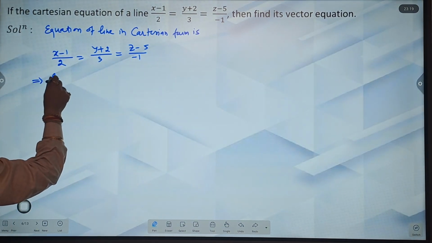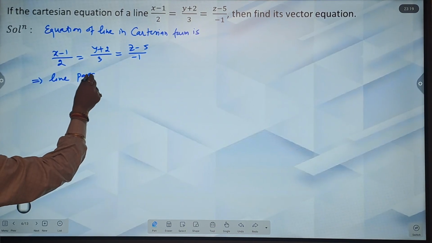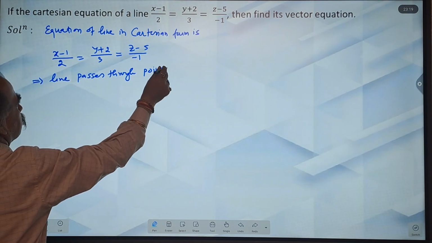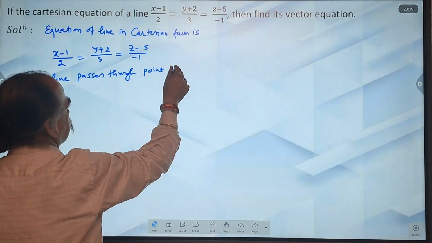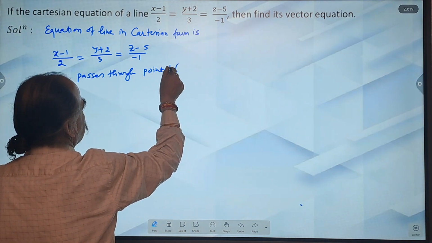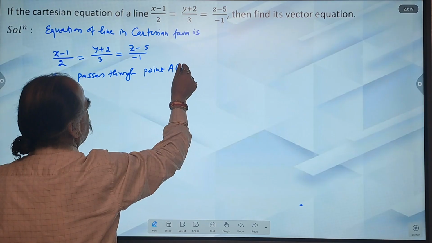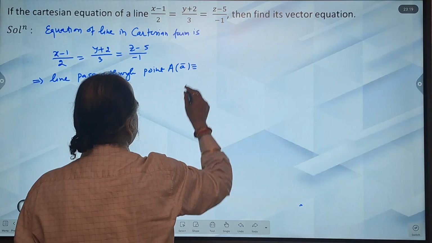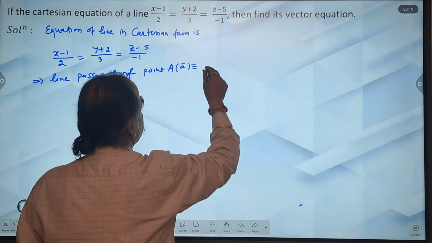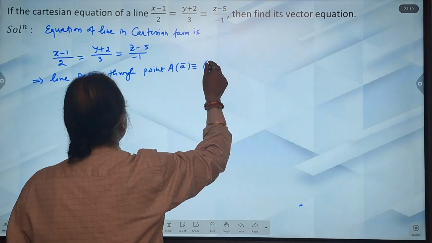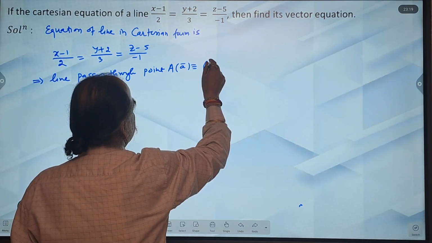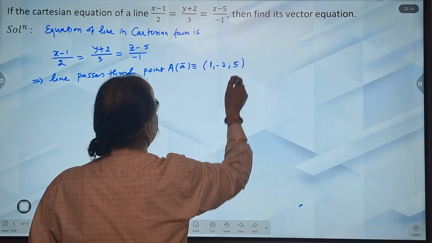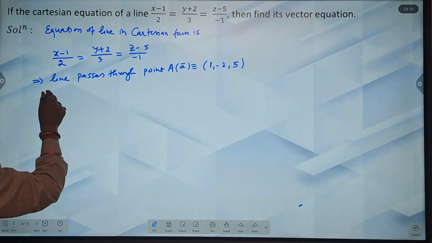This implies line passes through point A, 1, minus 2, 5, and parallel to vector